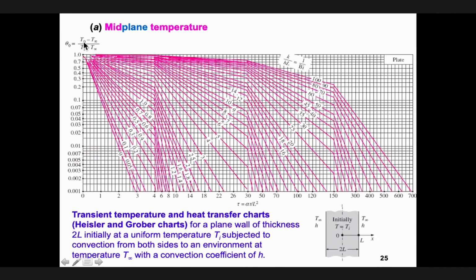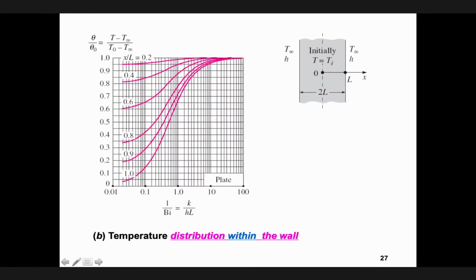Look here, the temperature at the center of the wall is given here. Therefore, this graph is the mid-plane temperature at the center of the wall. And you also have another graph that you can use to calculate the temperature at any point. But to use this one, first you have to calculate the temperature at the center. Therefore, you have to use the previous figure A to calculate the temperature at the center, and then place